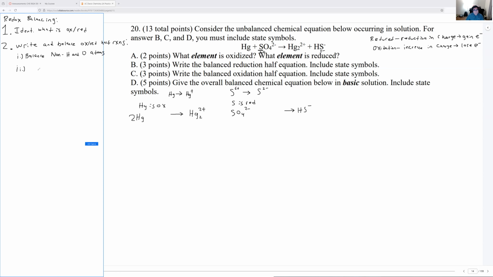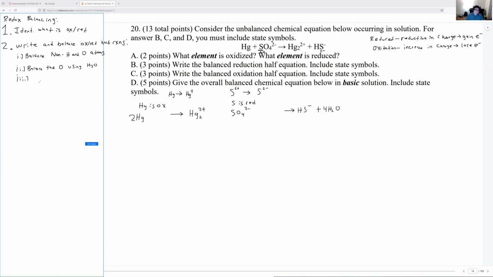For step two, we're going to balance the oxygen using water. On the left, there's no oxygen, so you don't have to balance it. On the right, though, we have four oxygens here. I need four oxygens on the product side because of conservation of mass. So I'm going to add four waters. So I have four oxygens. Then once you do that,